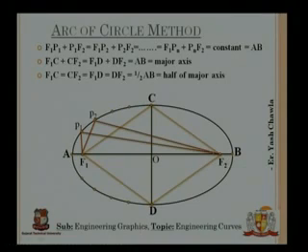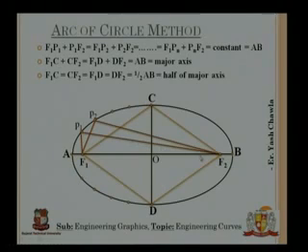So let's observe the figure carefully, and line by line interpret what the definition says. We have these different points on the ellipse, and we have drawn lines from one focus to those points, and then from those points to the other focus. Now what this definition says is that if I measure the distance of F1 to P1, add it with the distance